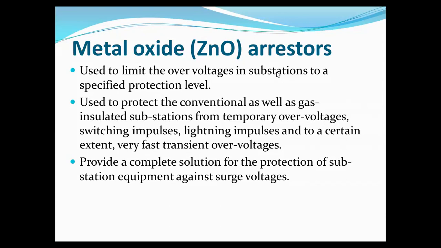So lightning impulses and switching impulses are nothing but over voltages. If we are simply switching any of the transmission lines, meaning if we want to supply the load by using another line, then we simply switch that line and supply by using another line. That is nothing but the switching impulse, and due to that process, the